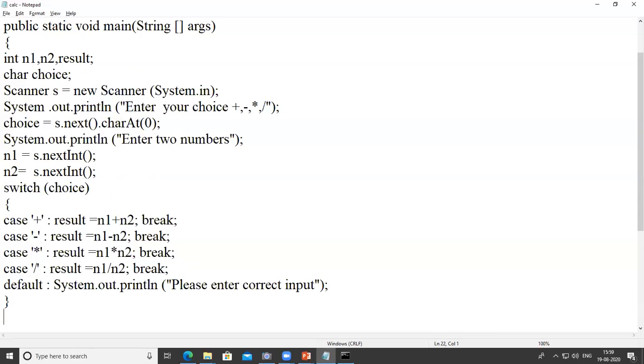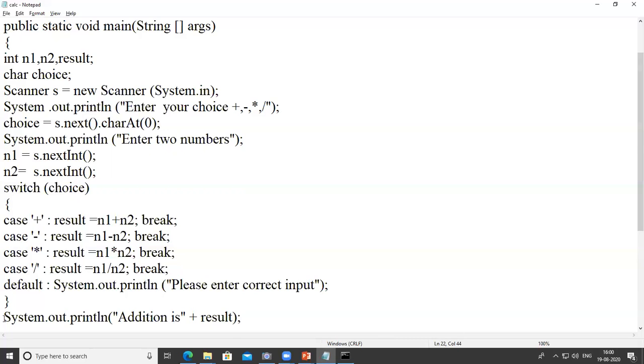And we print the result using system dot out dot println, addition is, plus result.